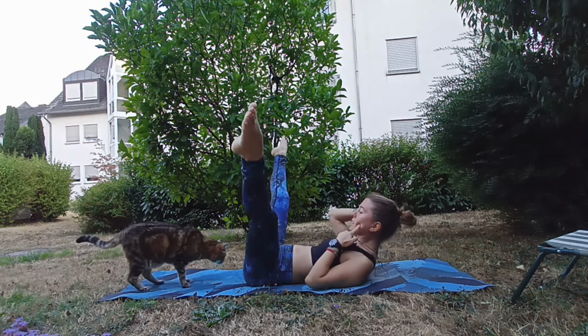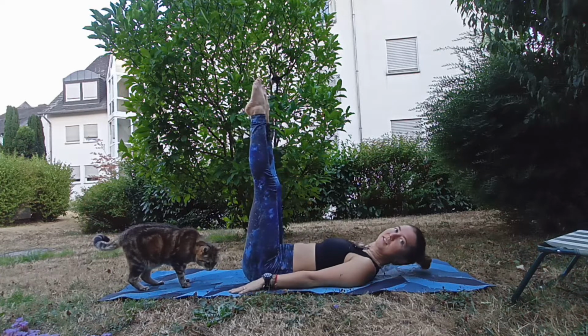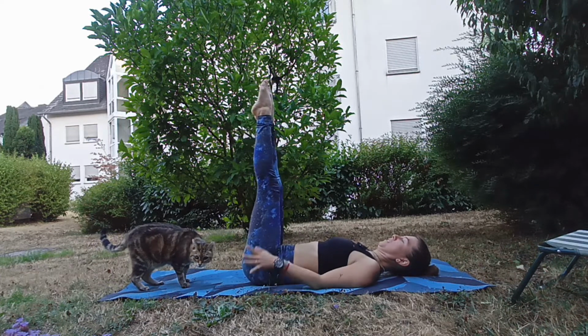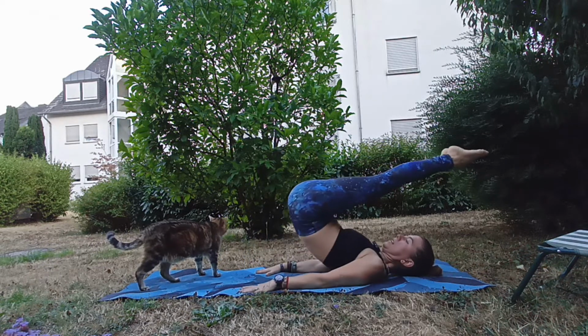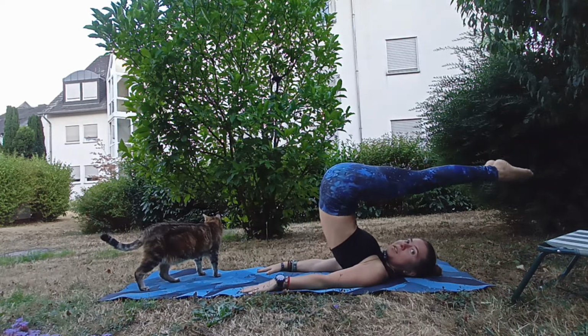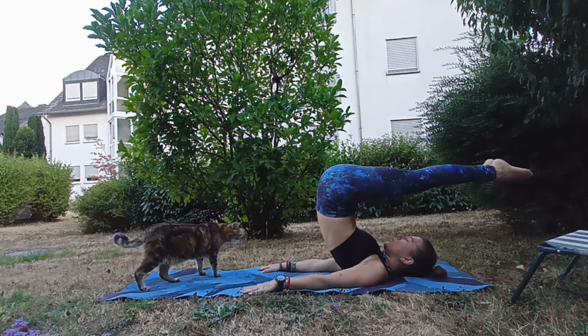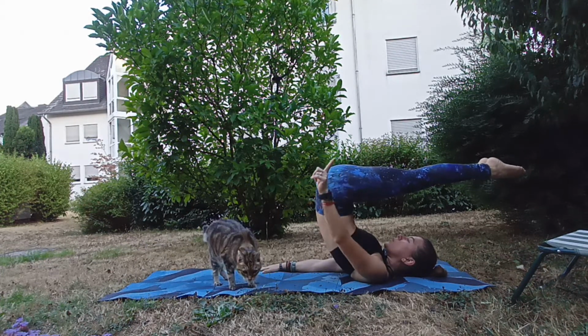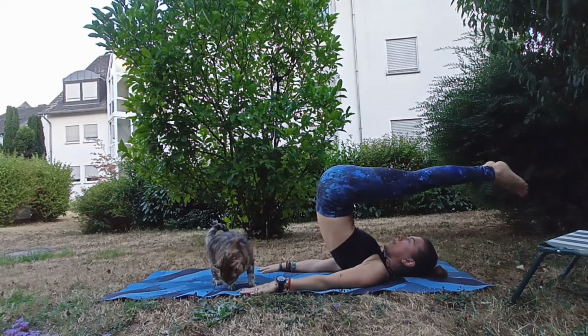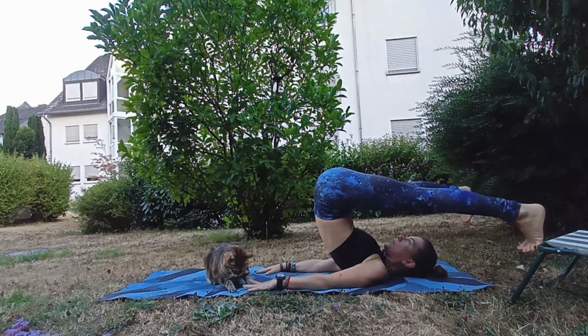Chin to the chest. Oh, there is a cat next to me, but don't worry. So we go up and over with the legs. Here, try to relax the chest so the breastbone is super soft and the sitting bones reach up to the sky. So we flex the feet